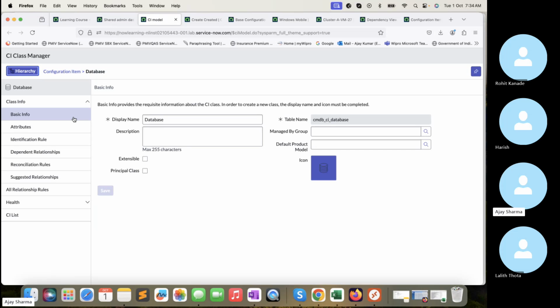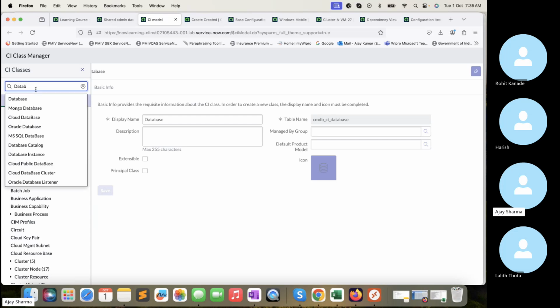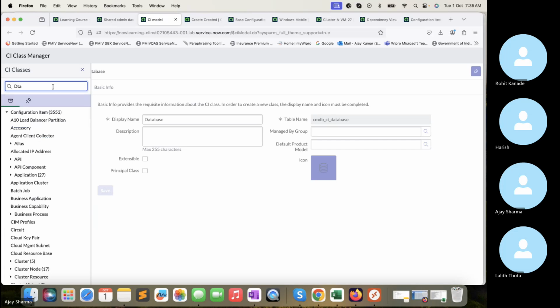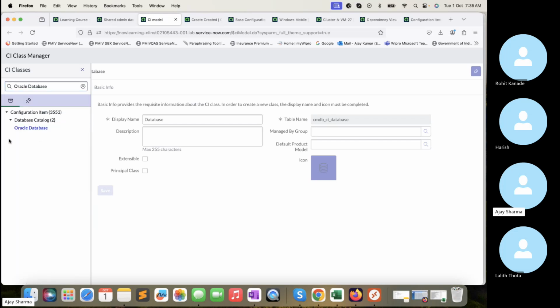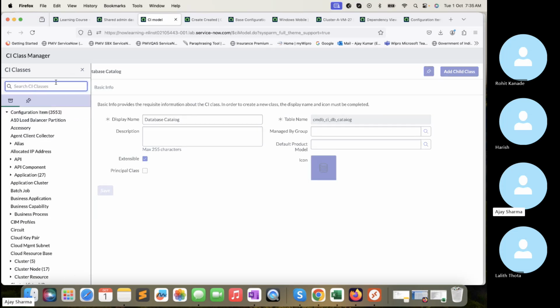It's also not suggested to use it or populate anywhere. If I search with database again and go to Mongo database, no, it's not there. Basically there is a table, database catalog, where Oracle, MS SQL and other things will be populated. If I go here, this is my CMDB CI DB catalog. And if I go back to my database,